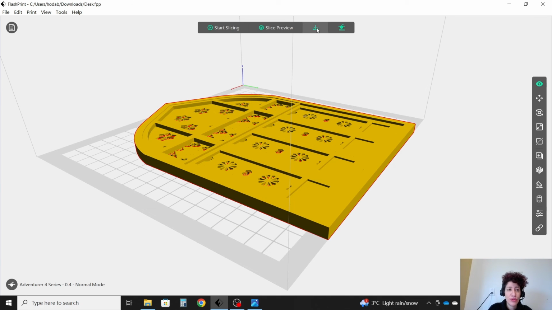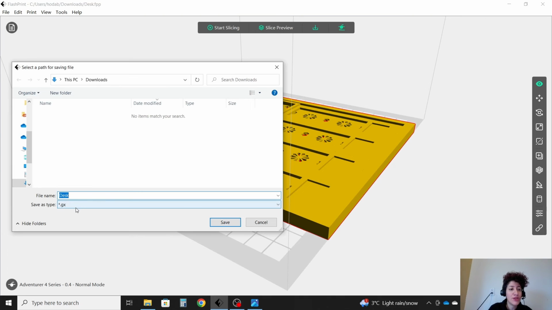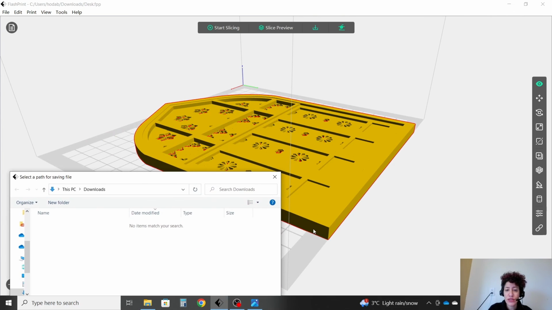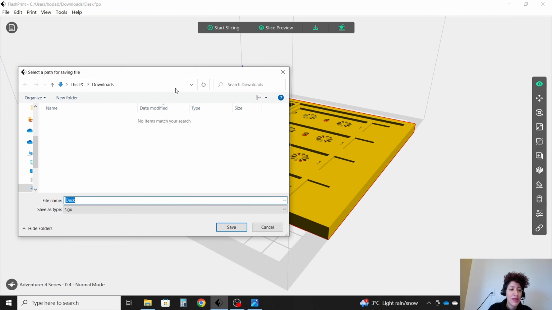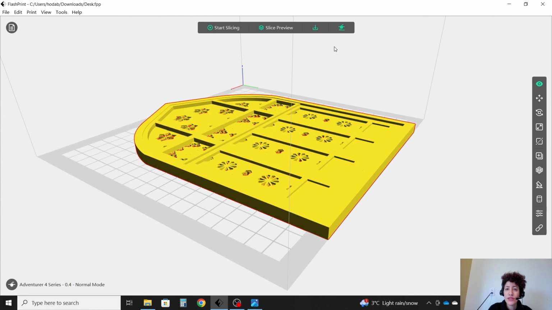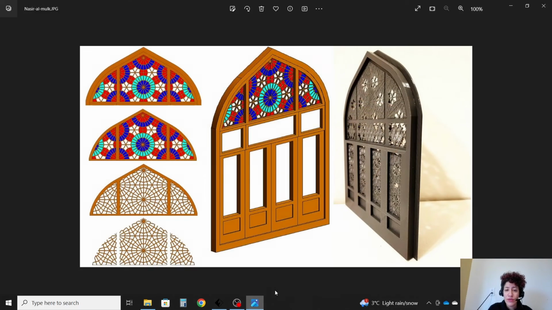But the file that you actually connect to your printer is the one that goes to save to local, and it's a .gx file. This is the format that knows the XYZ, so it can assign the axis of the machine to the XYZ of the model, and it's going to print it. So I'm going to save this. You put this .gx file on the machine, you print it, you remove the supports, and hopefully you get something like